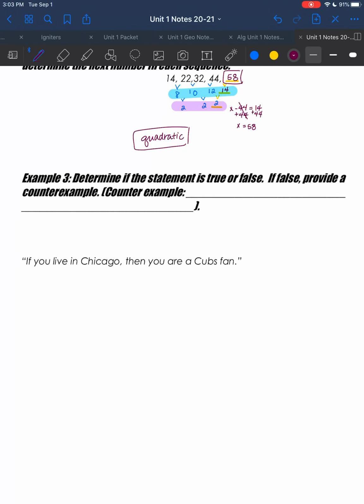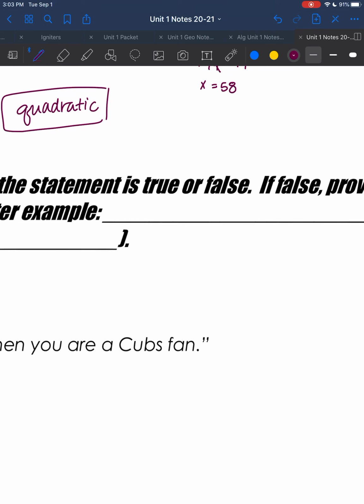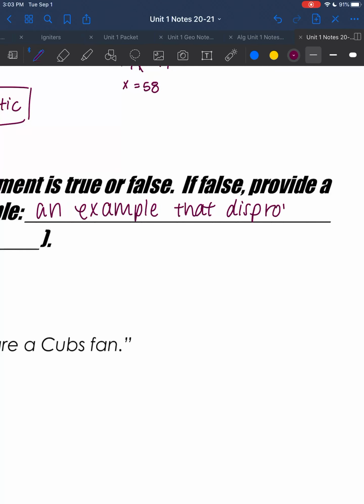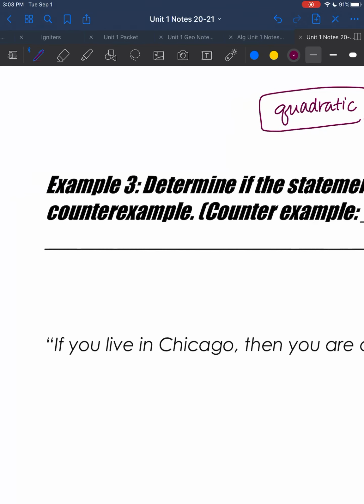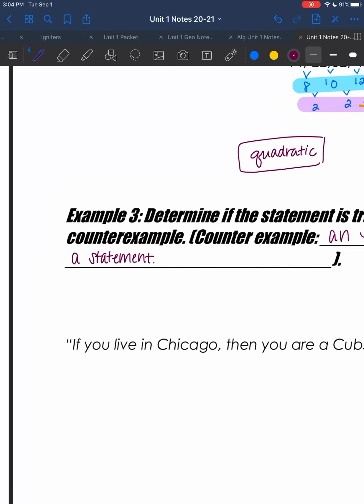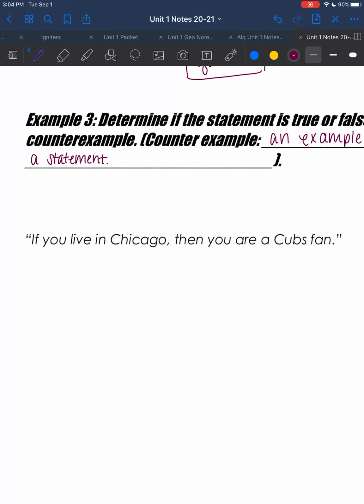So example 3, I'm going to determine if the statement is true or false. If false, provide a counterexample. And a counterexample is just an example that disproves a statement. Okay? So for example,